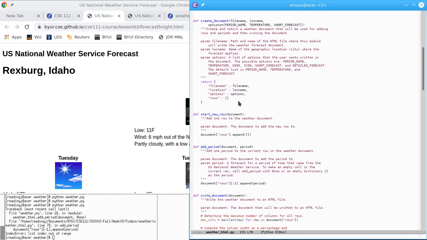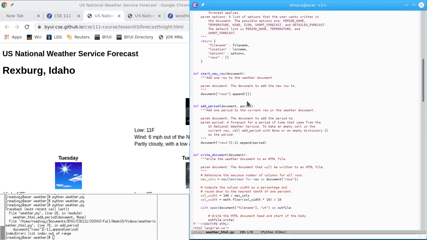So the document is this beast right here, and it's got a dictionary which has rows in it, and so we're supposed to add onto the last element our period. And it's not clear why we're getting an index out of range there, since we don't have any indices except for this, which means,